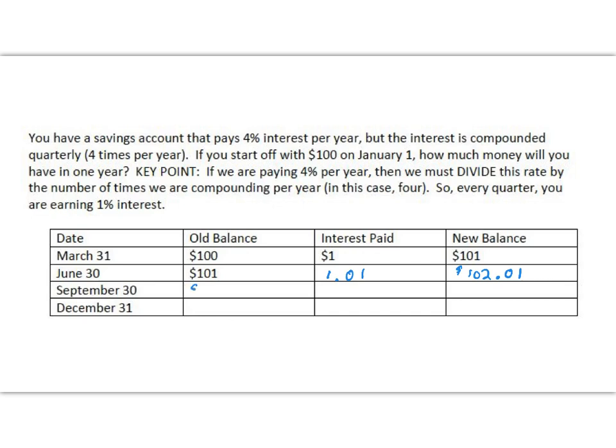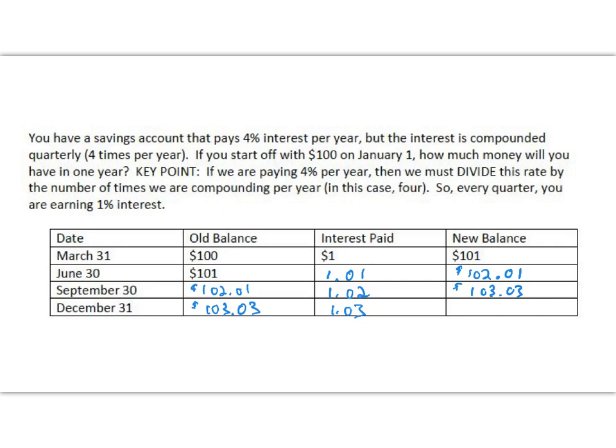And that's what you begin with to start the third quarter. And now you've got interest paid of $1.02 because that's 1% of $102. So now after 3 quarters, you have $103.03. And then what you will have at the end of the year is you're going to have another